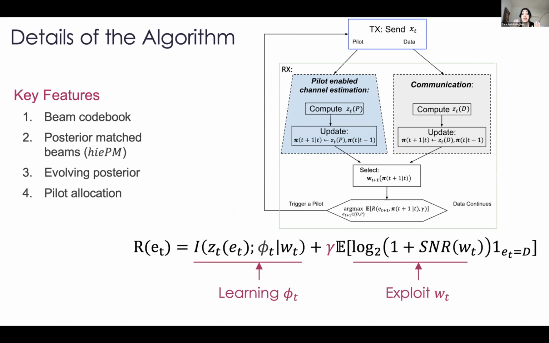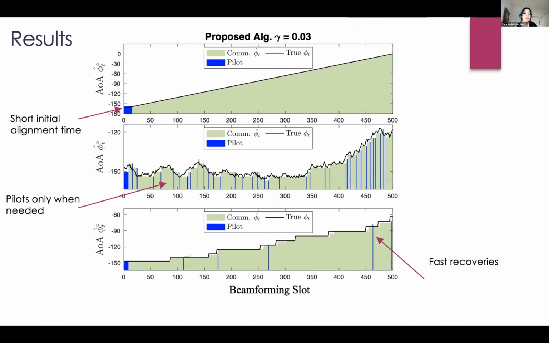So basically now this is going to be a trade-off between learning the angle of arrival, the mutual information between what you're seeing and the angle of arrival, versus the capacity or the spectral efficiency that you gain using a particular beam. You can see that if the beam is wide, with probability close to a half, it has a larger mutual information with the angle of arrival, versus if you narrow down and communicate with higher rate.